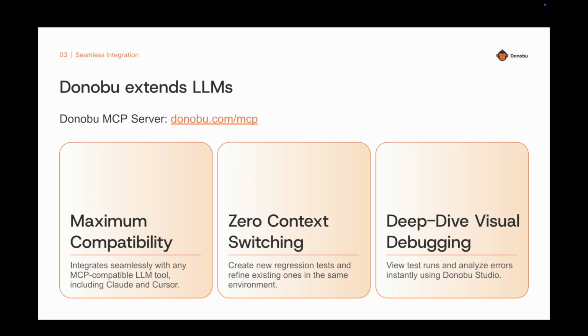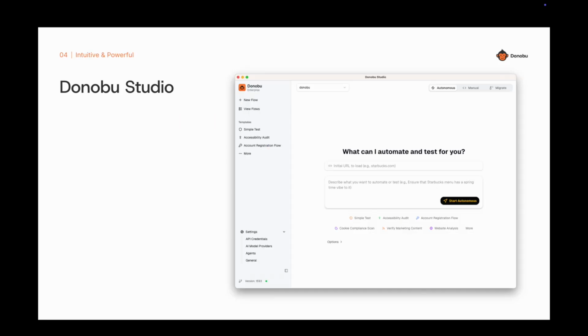Which brings us to our next topic, Donobu Studio, our desktop app for Mac or Windows. Donobu Studio lets you easily start creating your suite of regression tests. Simply enter a website address, add a description of what to test, and Donobu will,